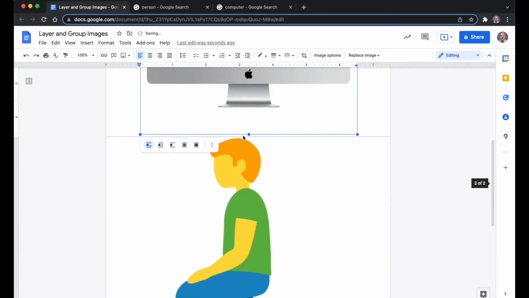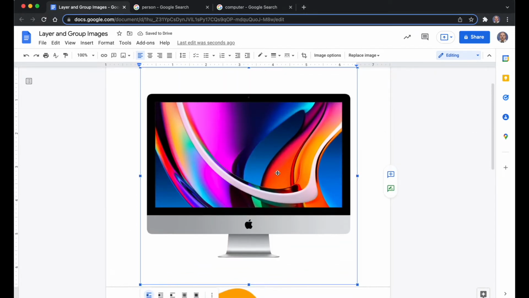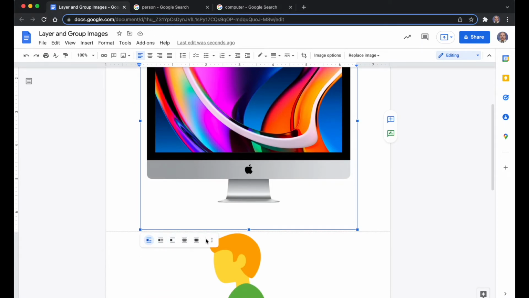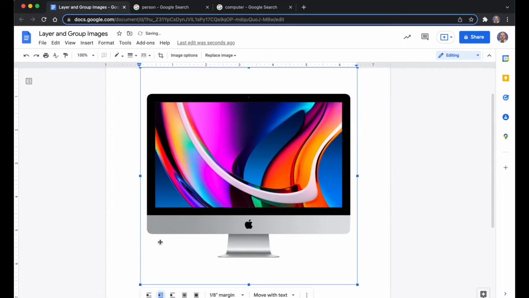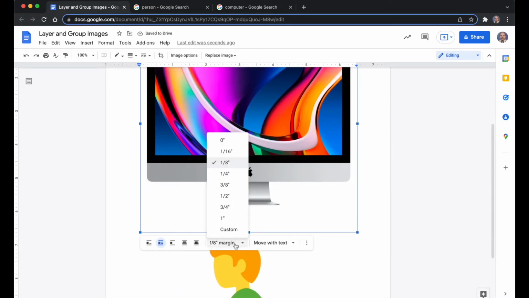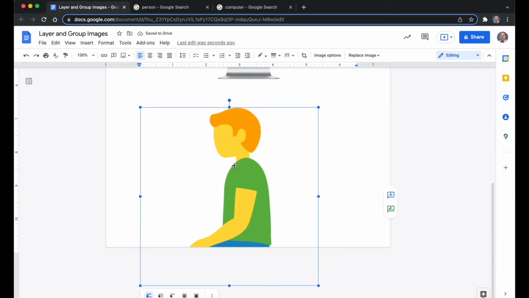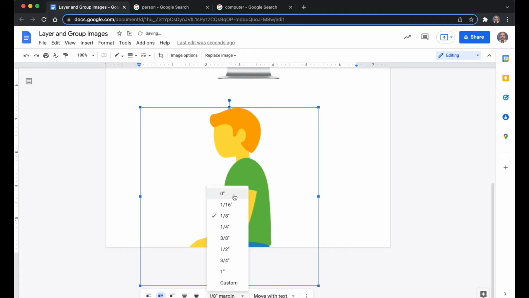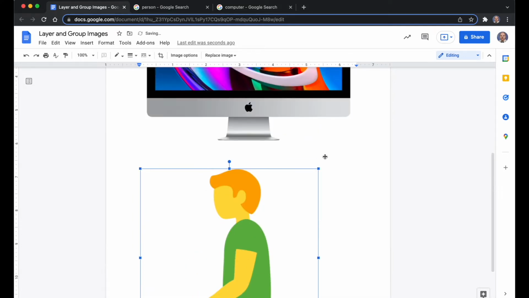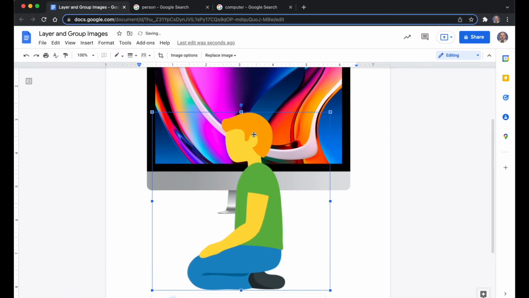So the first thing you're going to do is when you click on the image, you'll be given a couple of options at the bottom, and you're going to select wrap text, and in the margin, change margin to 0. I'm going to do the same thing with my other image. So go to wrap text, change margin to 0, and now as I move this image, you'll see that it